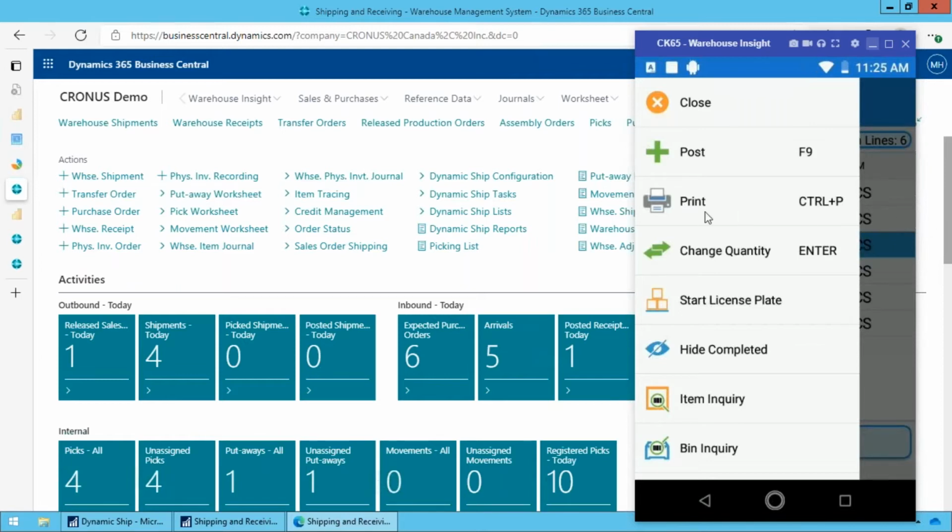So the other option is I could print barcodes at this point, or I could pre-print the barcodes for the items, or I could first enter the quantity, and as soon as I enter the quantity, it prints out a bunch of barcodes. But the ability to do this print option here will allow me to print any report from within Business Central out to whatever printer is associated with the device. So in this case, if I hit print, maybe it prints all the item labels for the line I have